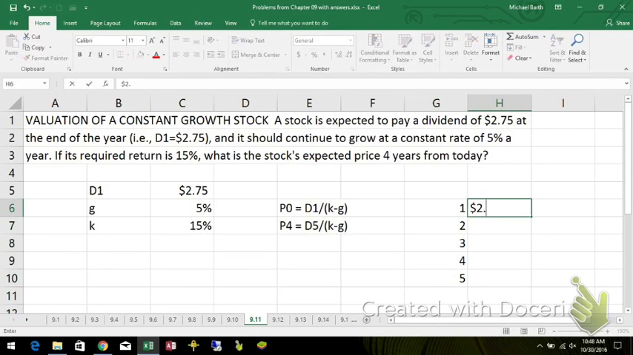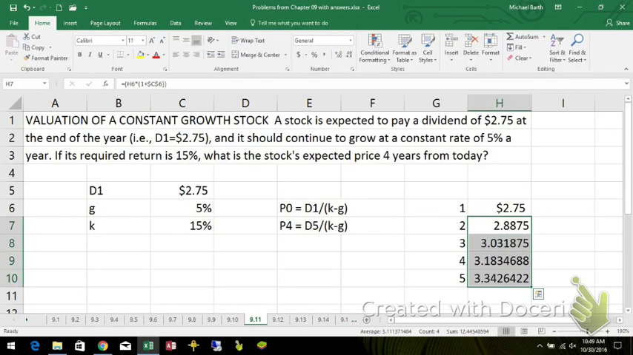if it's $2.75 a year from now, then it'd be that times 1 plus this constant growth rate, so that'll be the dividend in year 2, year 3, 4, 5. All I have to do is just plug my numbers in. Okay, so the price